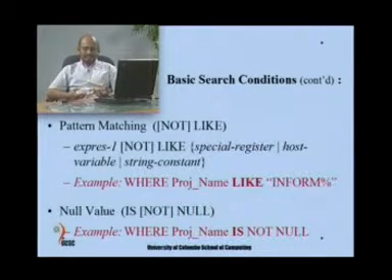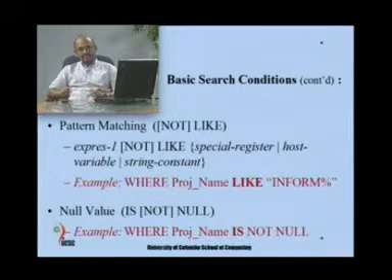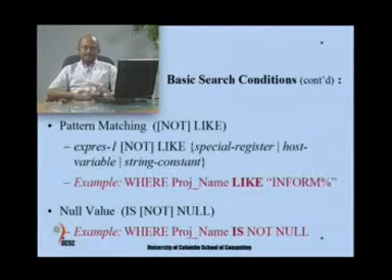With respect to names, for example, any person's name starting with A, B, E, Y or whatever, you use the percent, and then all names starting with that pattern would be part of our output. This wildcard character is the percent, and there is another character for single character matching, but the common use is the percent sign.